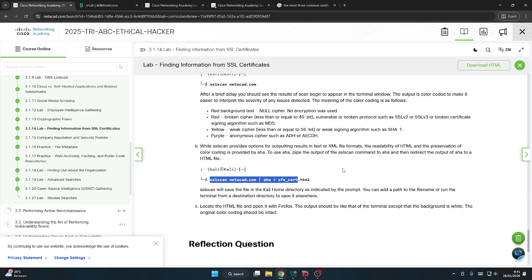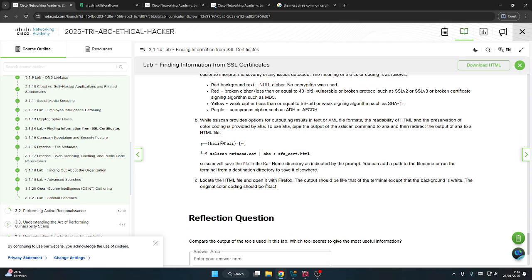Kalau tidak, dia bakal di-save di home directory. Lastly, locate the HTML file and open it with Firefox. The output should be like that of the terminal except that the background is white and the original color coding should be intact.